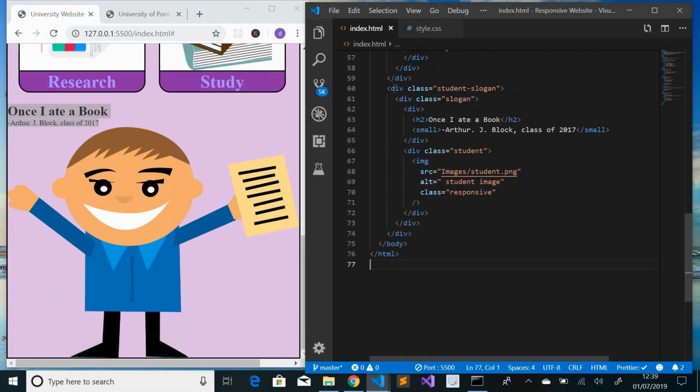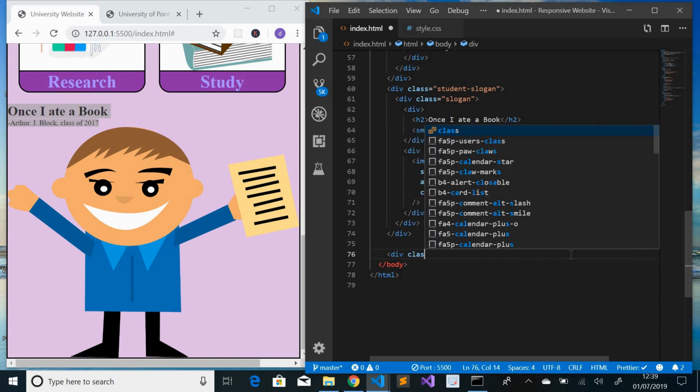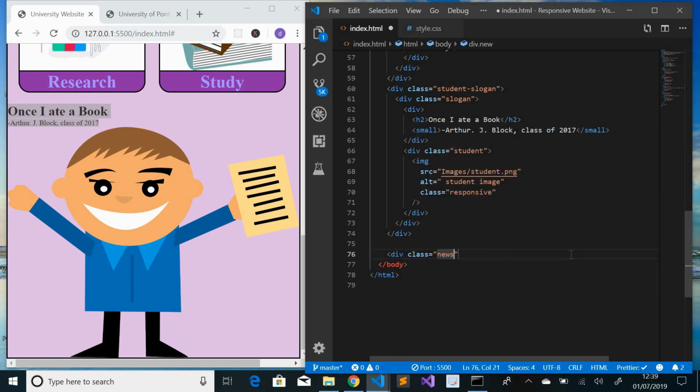So after the end of div student slogan, which is this one, we will write another div with the class of news block. Inside it, we will have three different divs, one for each news. So we will have the first one with a div and a class of news block 1,